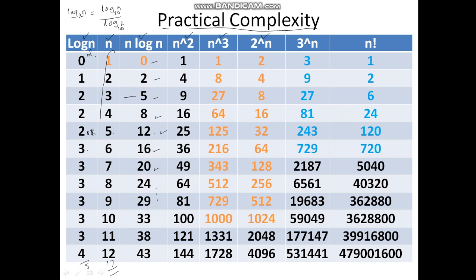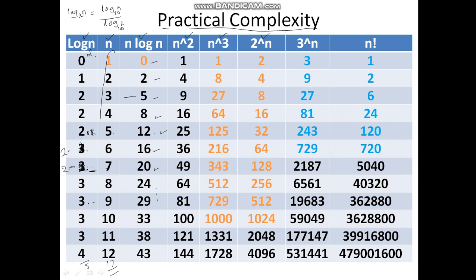So here I am writing 3, I am only considering the integer part of it. I have not displayed the fractional part here, and that fractional part, when multiplied by 7, gives the result as 20. So 8 3s are 24, 9 3s are 27, so it is 3 point something, very near to 3. It is not 3, it is 2 point something, because for 8 you should get 3. So the log here is 2 point something, and this is also 2 point something. I am sorry for this small mistake.